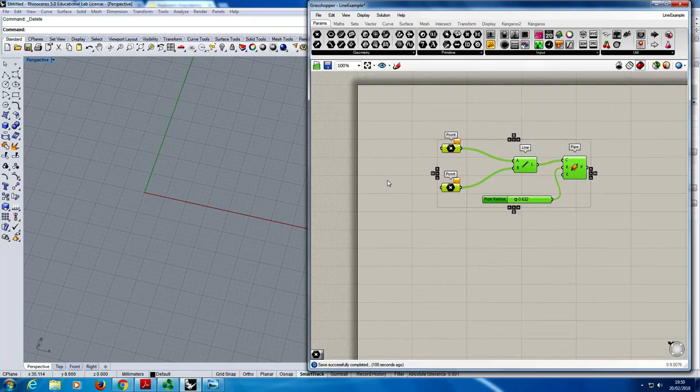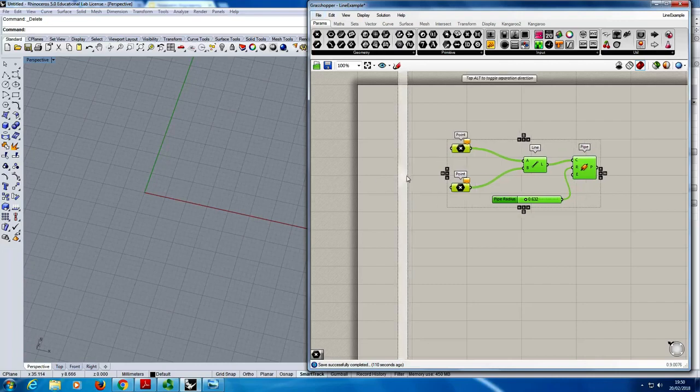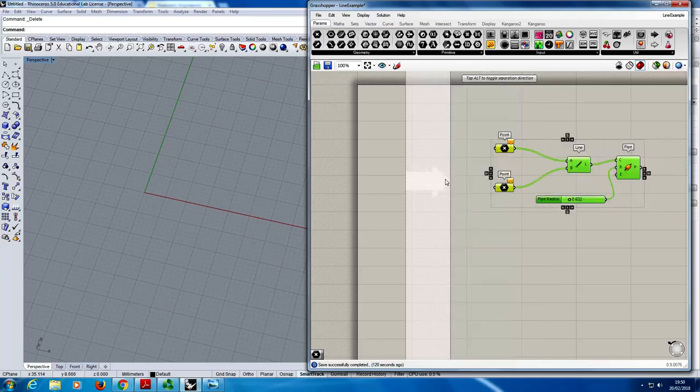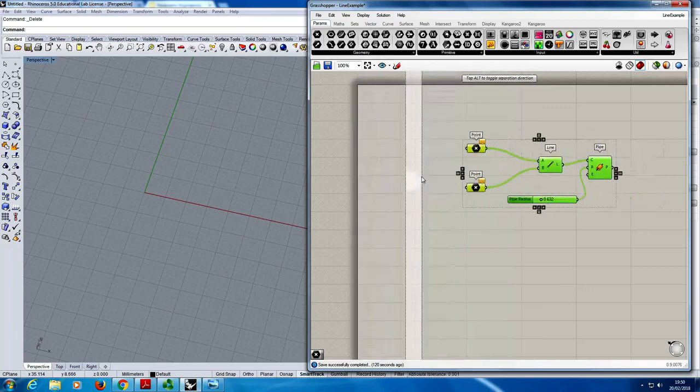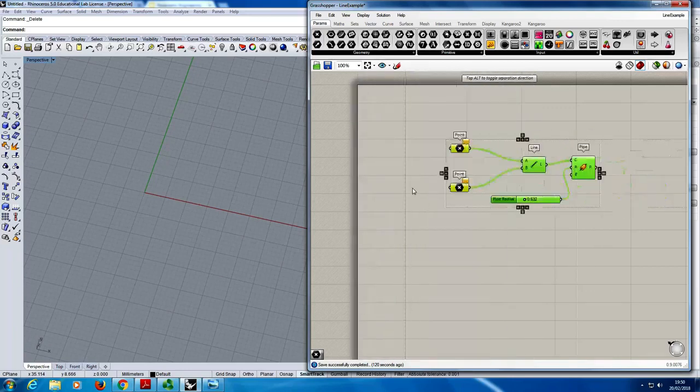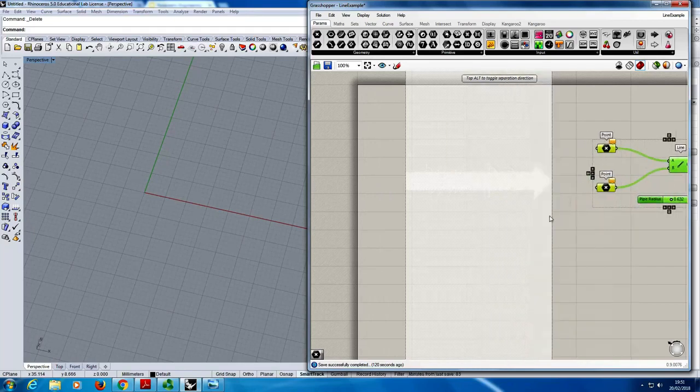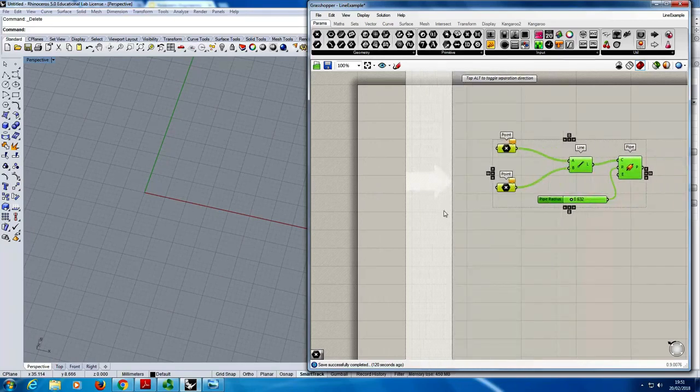Also, if you have a larger definition and you want to create some space in it, and you want to essentially shift all of the components in it over a bit so that you've got some room to work with, then what you can do is hold down the Alt key and the left mouse button, and then if you drag out there, it basically gives you the option to shunt everything in that definition over a little bit,